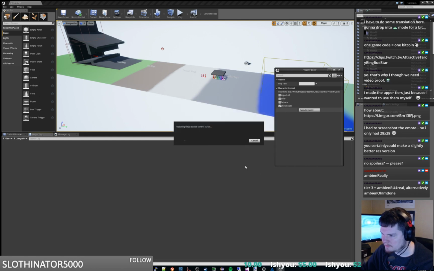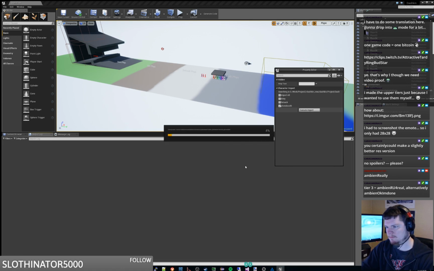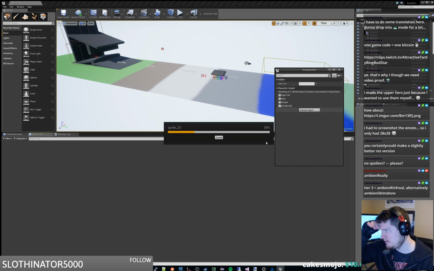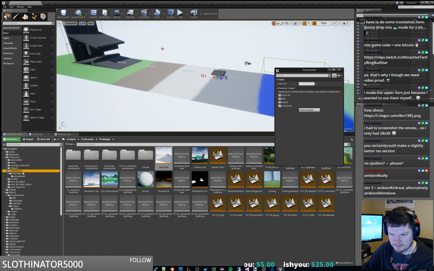Alright, so we're going to check them out. And let's import them again, just to clear out all the sprites that don't exist, I think. It should delete a whole bunch of crap. Alright, so if we go to our photo booth character,